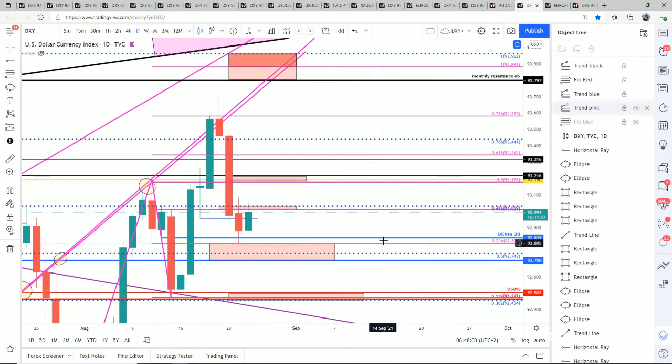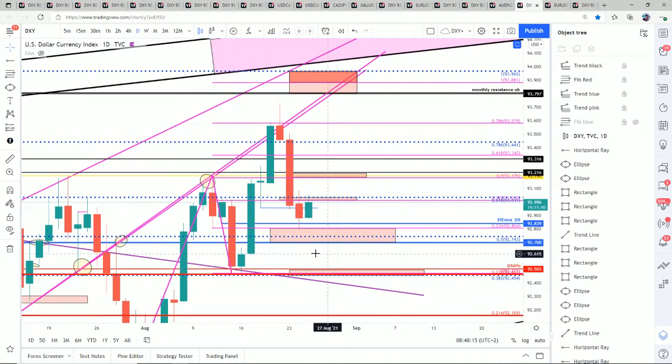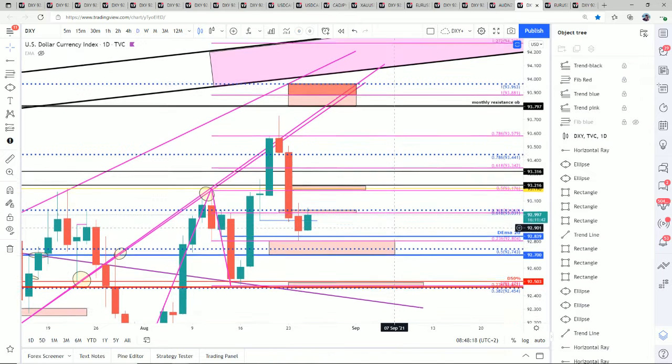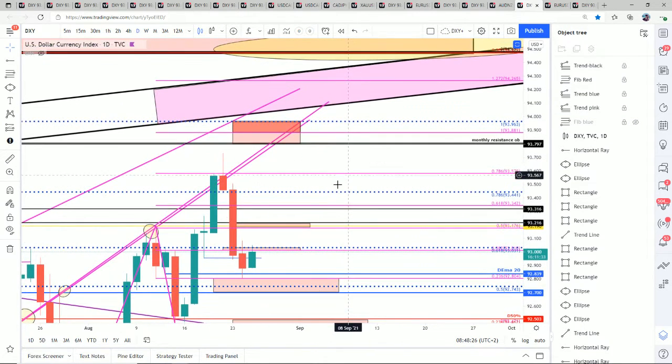Okay, so what we see is that yesterday, and that's where I got short EURUSD, we tagged to the pip the 236 extension of this ABC daily. So normally, if we respect this 236 and we keep above it, then we run for the next level. The next level in this case is the 1-to-1 extension here at 93.88. And the next level that we are waiting for is on the other fib, the 93.96. So this will be the area where we will land, perhaps by